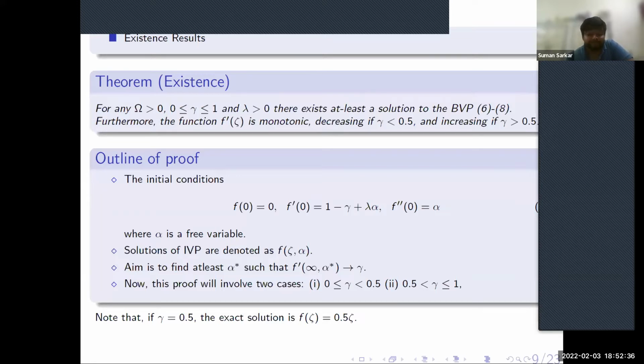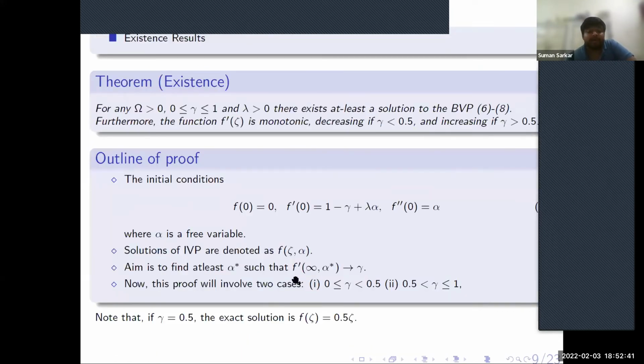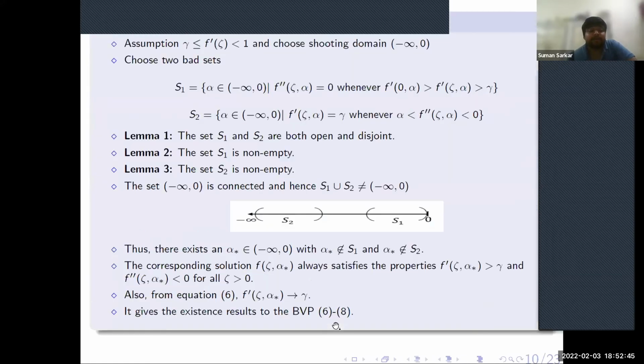Gamma equal to 0.5 means our free stream velocity and plate velocity are equal, and in that case the exact solution will be f(zeta) equal to 0.5 zeta. For the other case, we first assume our solution's first derivative lies between gamma and 1, and in the topological shooting argument we need to choose the shooting domain. The parameter alpha is called the shooting parameter, and we choose the shooting domain as minus infinity to 0, and consider two sets S1, S2 in such a way that the solution does not lie